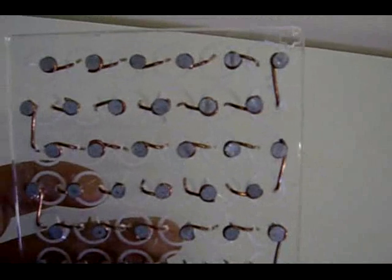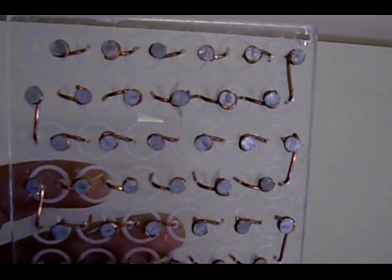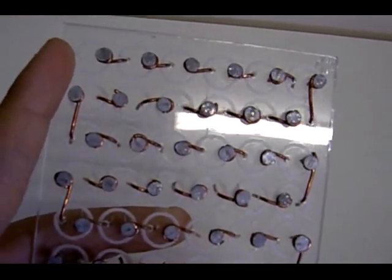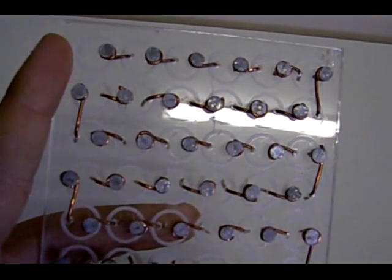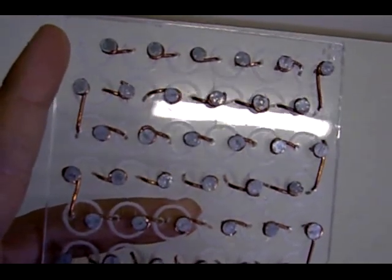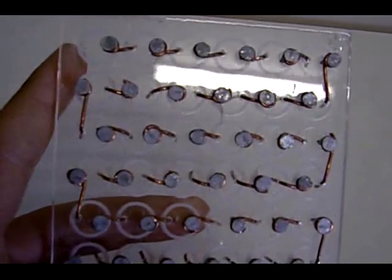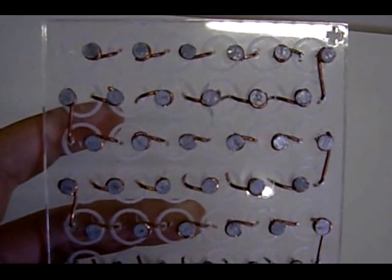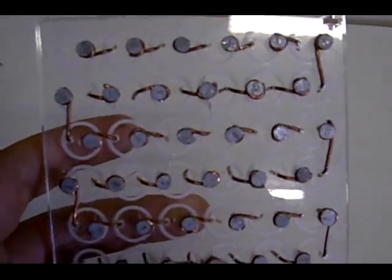I'm going to put this aside and bring in the copper connections, and here's what I've done. So it's been weaved through, and if you can see, I'm starting on your left hand side. This is the start of the circuit here where my finger is. We will put a copper terminal there, and that will be the negative of our battery, and then it goes in and out, connecting to the other cell, and the other cell, and so on, all the way across,